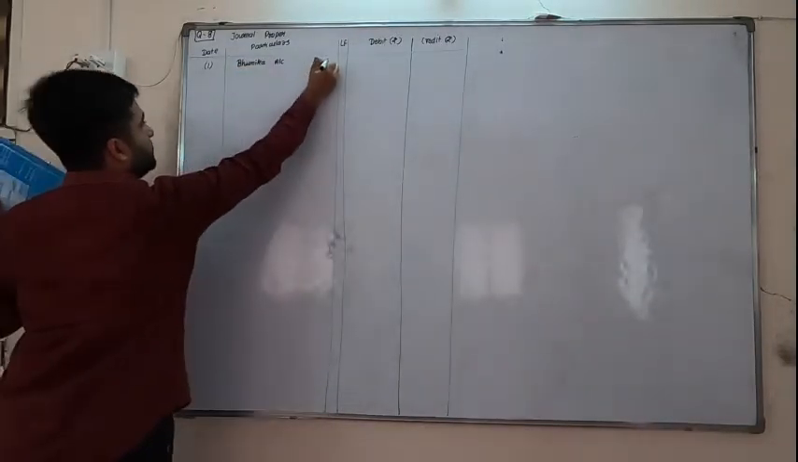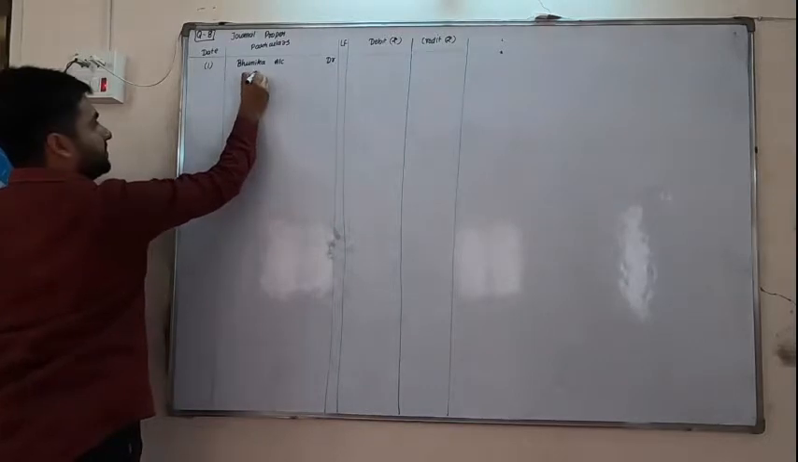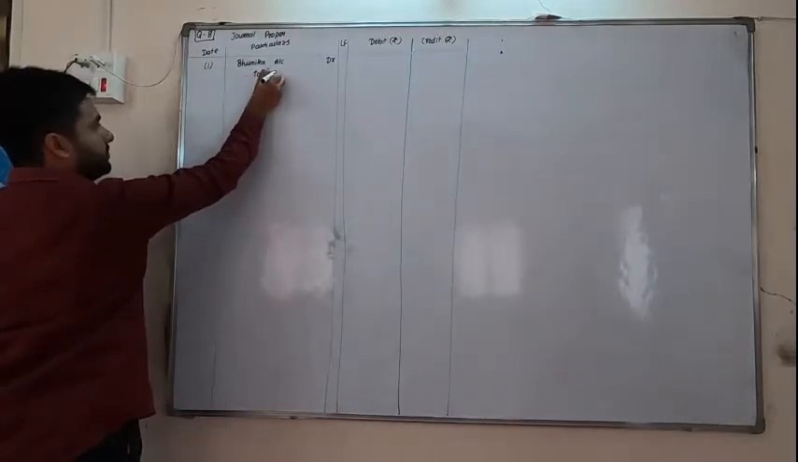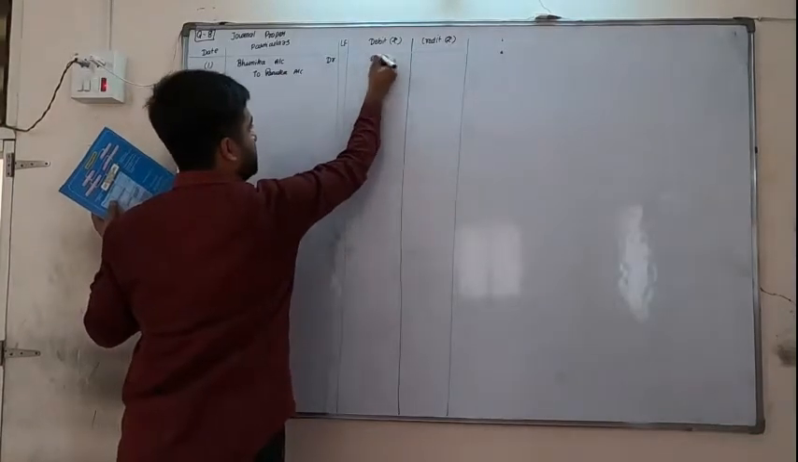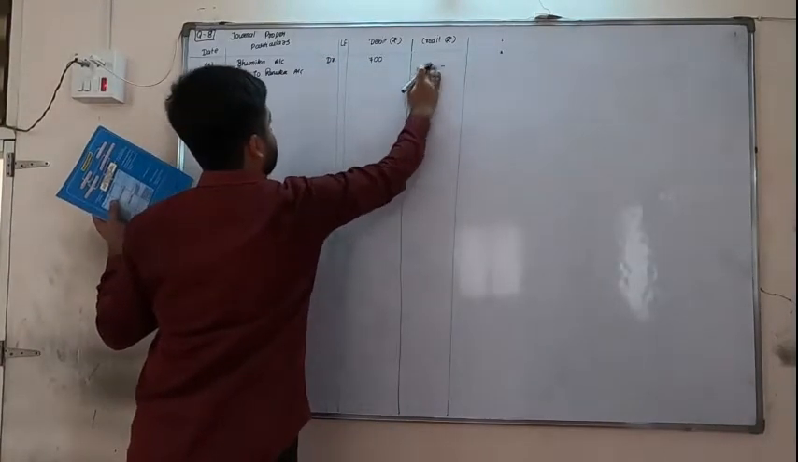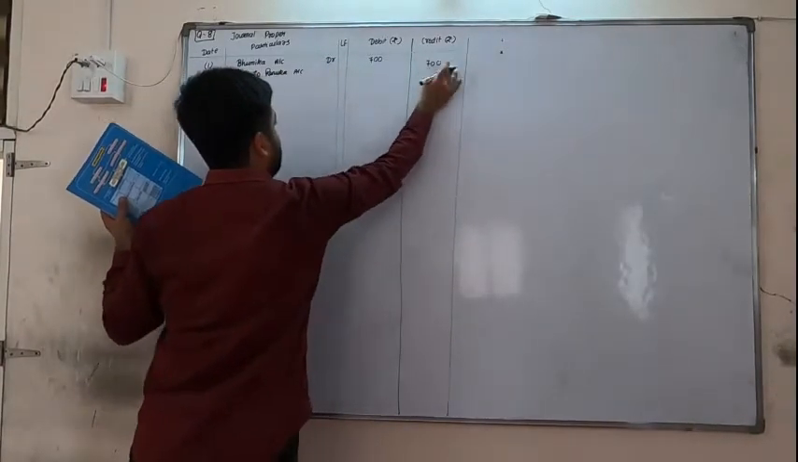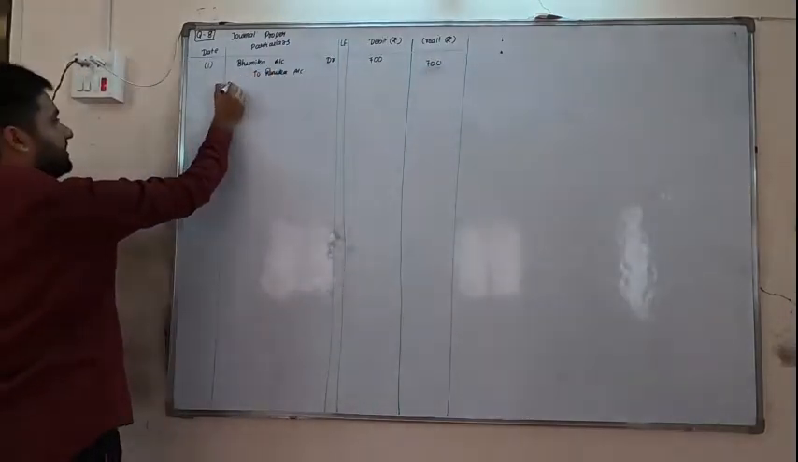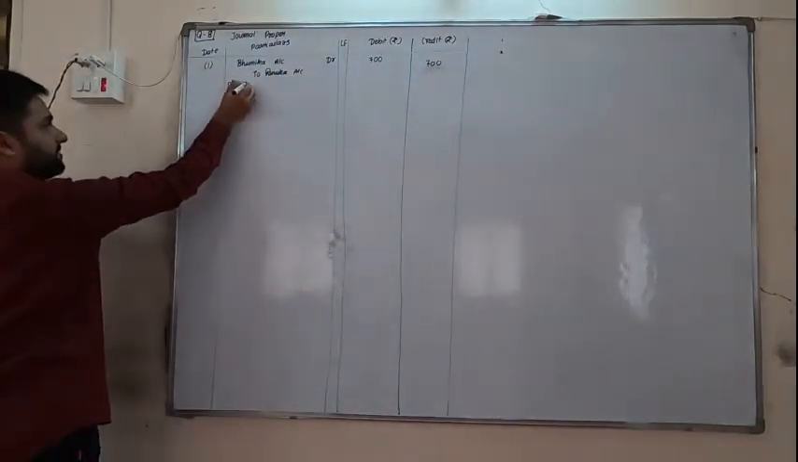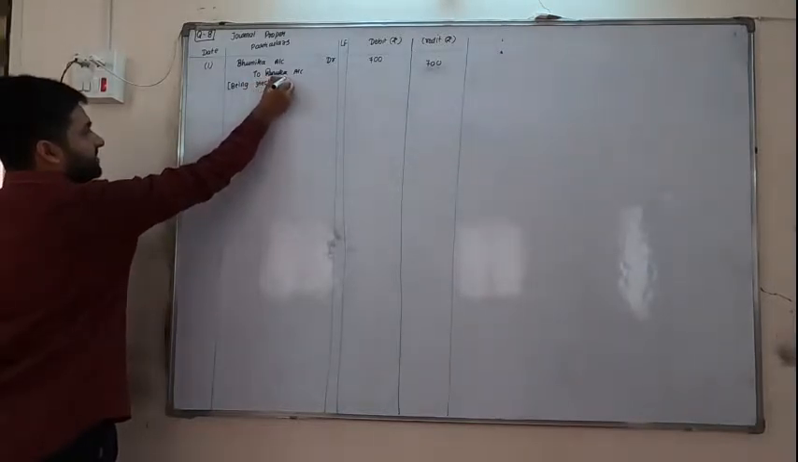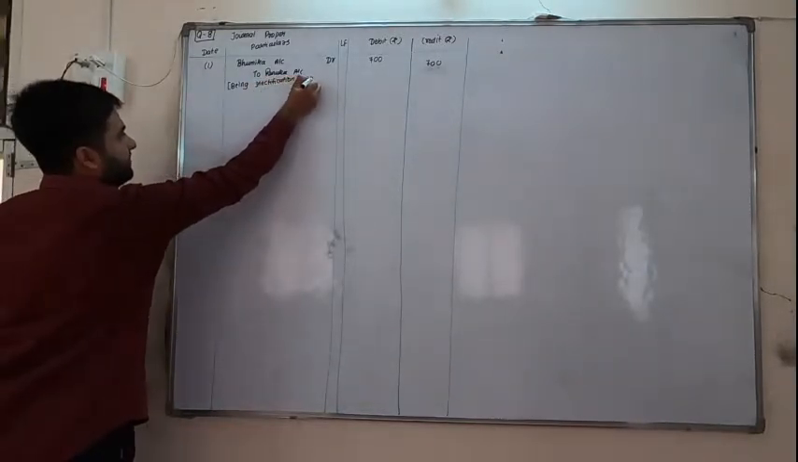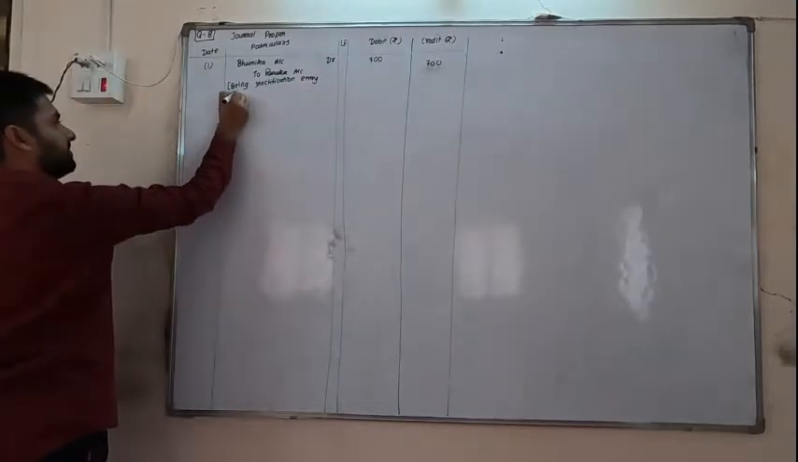Bhumika account debit to Renuka account, amount 700. Now in narration we always have to write "Being rectification entry". This is not a journal entry. Being rectification entry